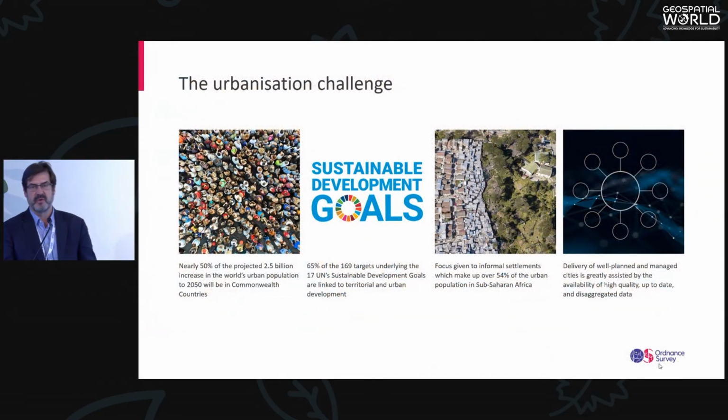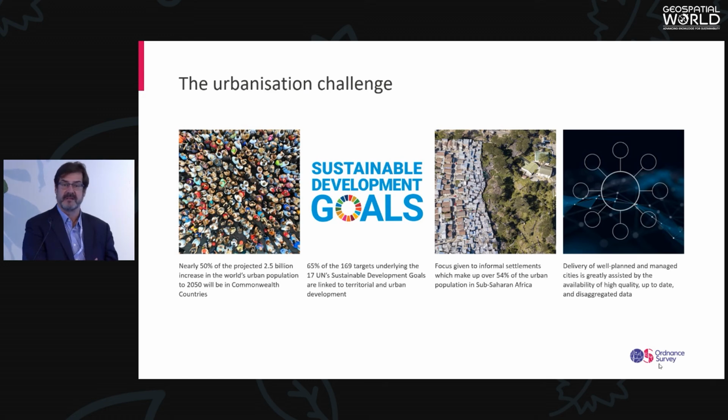I'm sure you're aware of some of these statistics, but I don't need to remind you that we're seeing a huge movement of people into the urban areas. In Africa it's estimated that 54% of the urban population now live informally, in informal settlements. So it's not just a challenge of growing urban centres, it's a challenge of the informal nature of how those centres are growing without the proper public infrastructure, the sanitation, the health facilities that are required to support those populations as they grow.